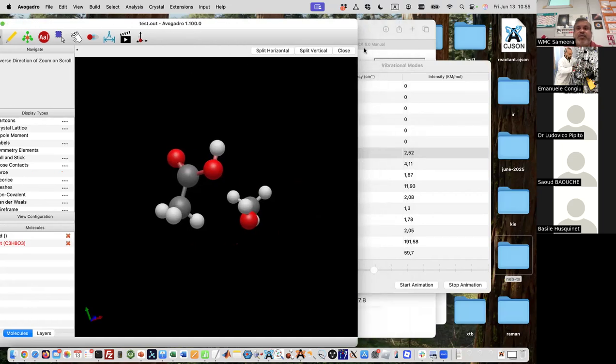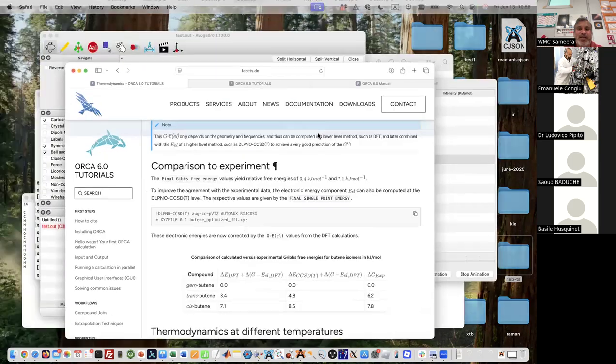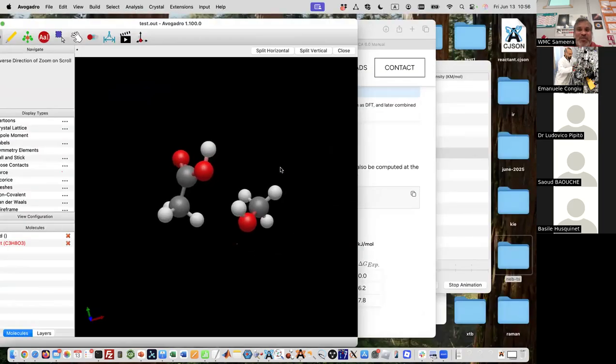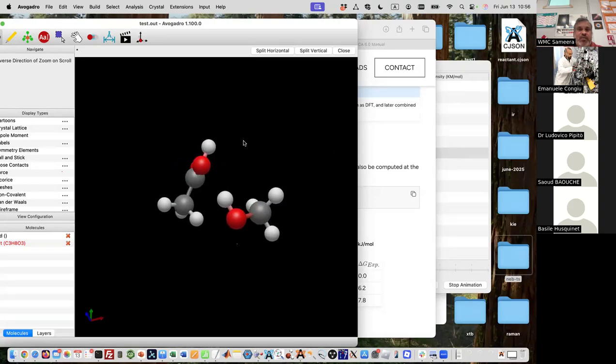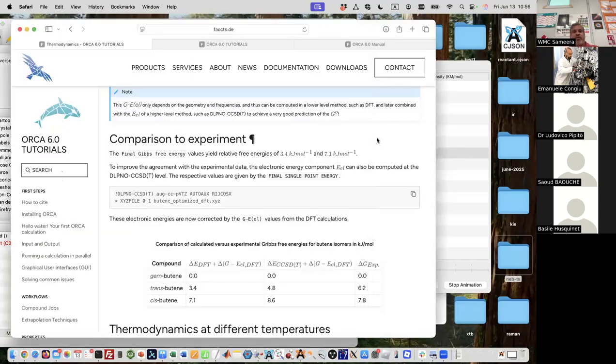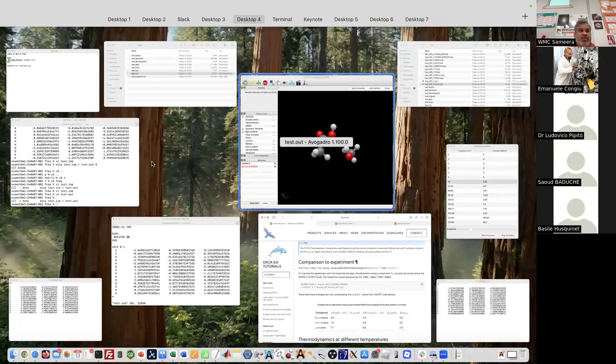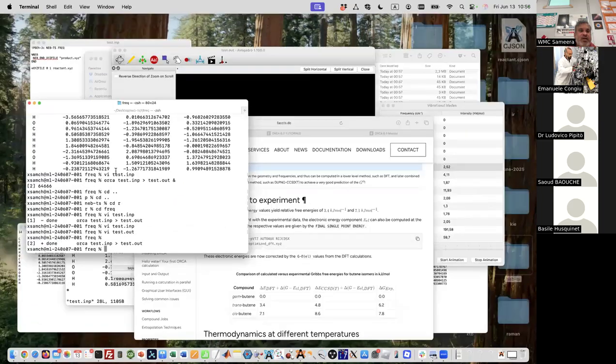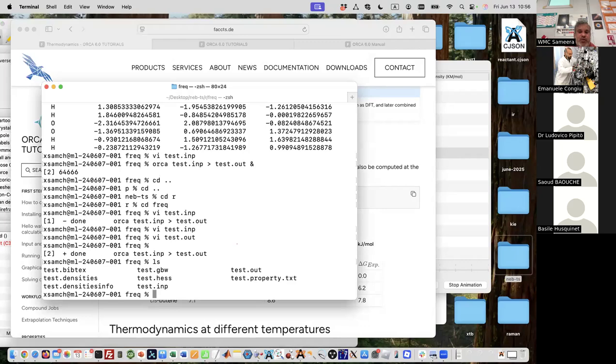Okay, so I have the reactant and product exchanged somehow. So this is our reactant side, so it looks good. Now it is all positive frequencies, and then we can look into